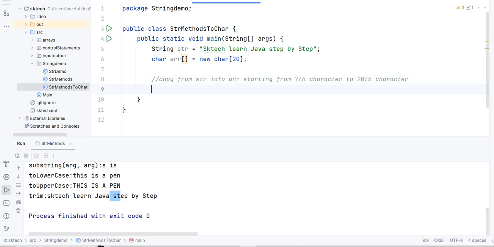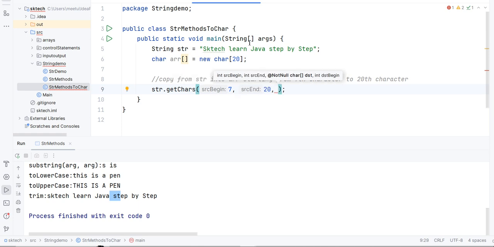So how can we write it? We write str.getChars, and the beginning position is 7, and then the ending position we give as 20.